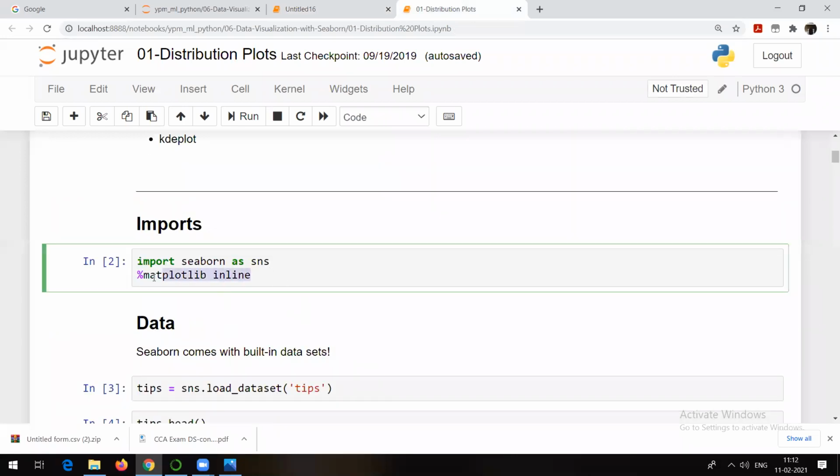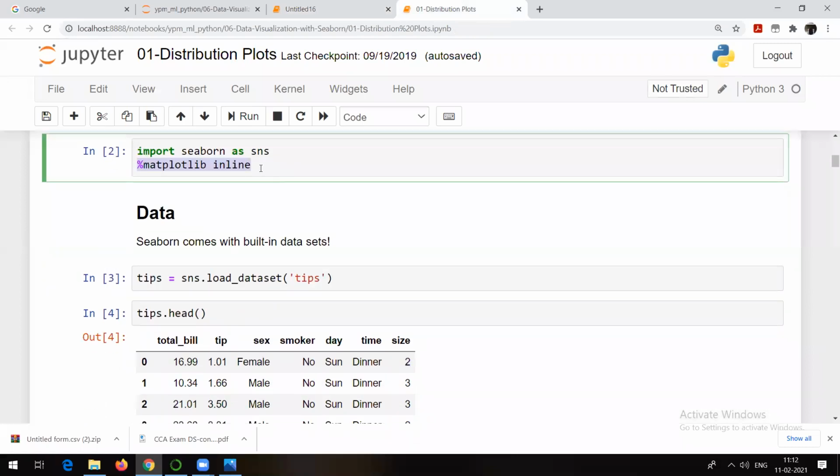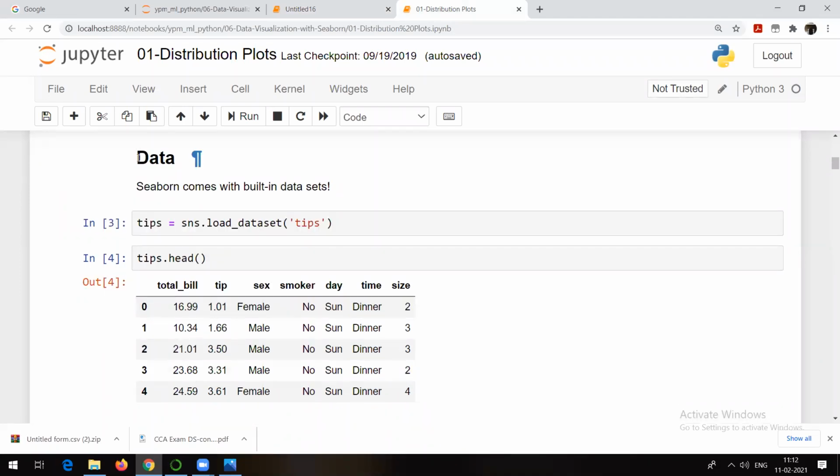Now this particular line, I hope you remember, is called the magic line. This we generally make use of whenever we want to use the matplotlib package in Jupyter Notebook. This line, which is called the magic line, takes care of plotting the graphs in the specified canvas or space. Here we might not need this right now, that's why I will not run it. Now let me first of all import the data.